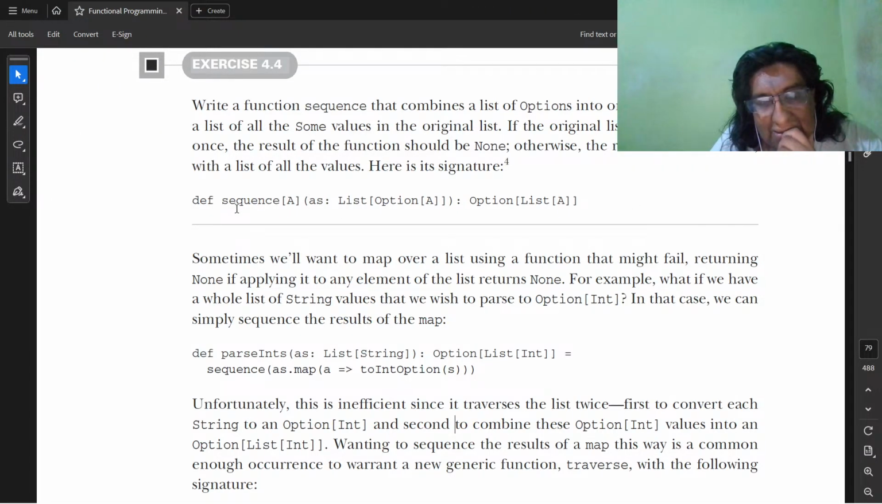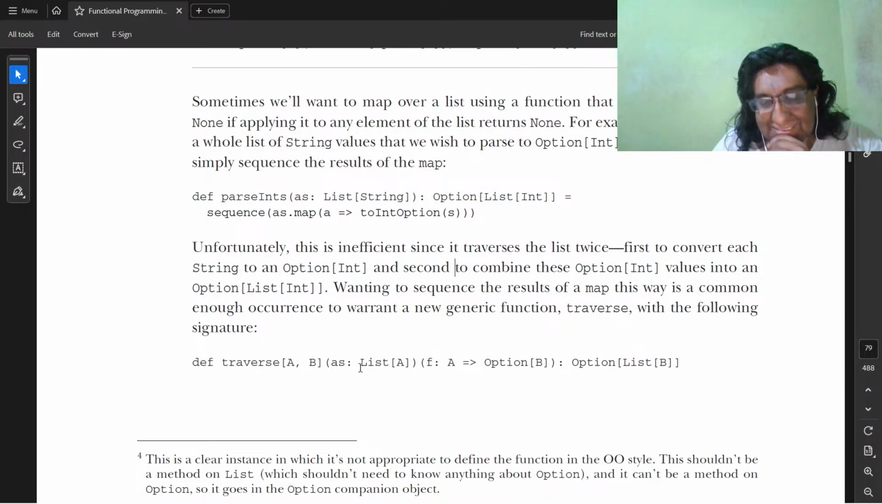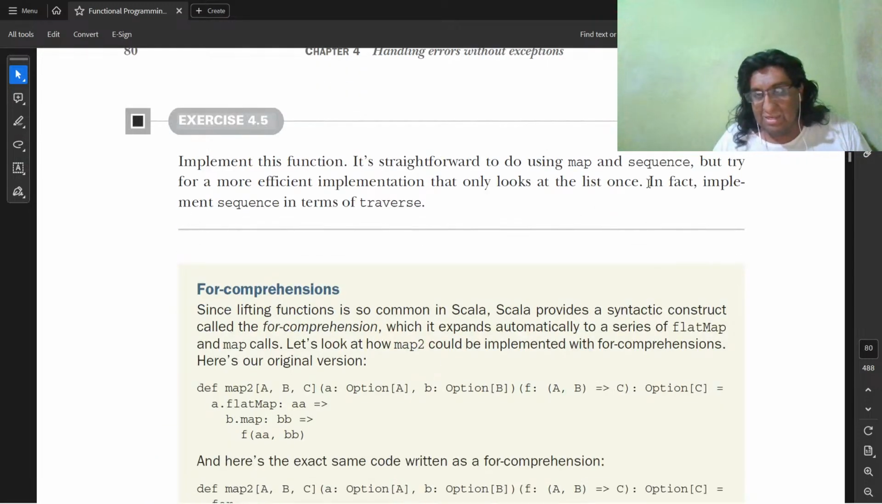In my opinion, in my interpretation, sequence accepts a list of options and returns this option of the values. Traverse is taking a list, a plain list, and a function that converts those. I don't think I am saying quite right this second part,